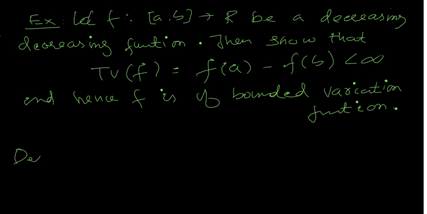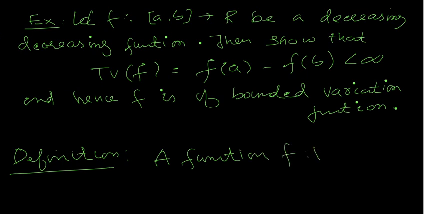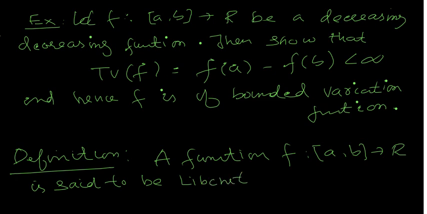Definition: a function f from [a,b] to R is said to be a Lipschitz function on the closed interval [a,b]